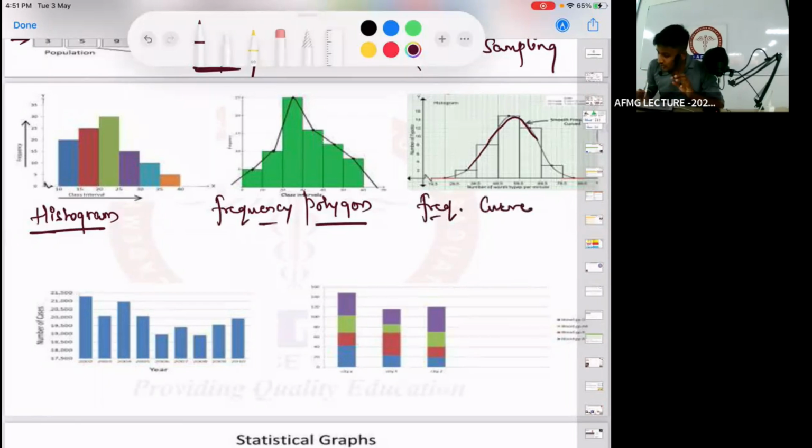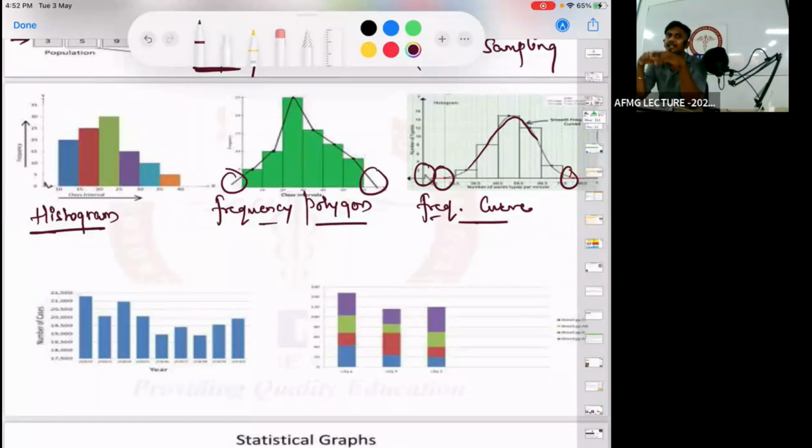The second thing to differentiate, if you are not able to recognize whether it is a polygon or a curve, is important: a polygon will never touch the baseline, whereas a curve will touch the baseline. Here you can see it. In a curve you can see this, that means infinity. It goes on and on and on. Okay? So these things are to be recognized.